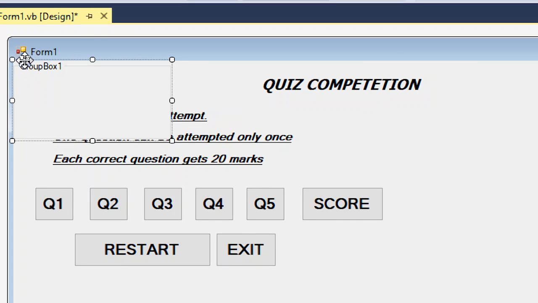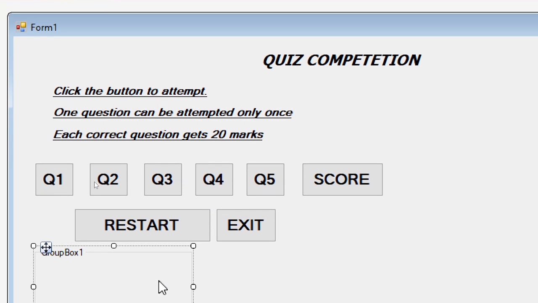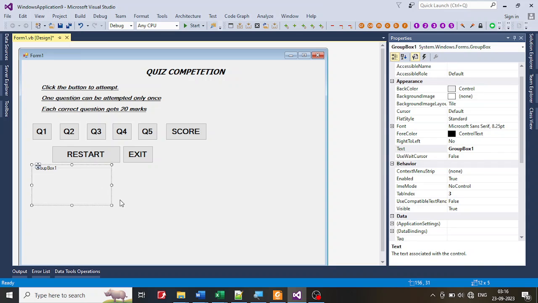Can you see there? You can move it only by clicking on it and then dragging it down, otherwise it won't move. If you try to move from here, it won't move. There is this anchor, click on that anchor, then only it will move. Okay, now you can always resize it. I'm going to resize it to make it